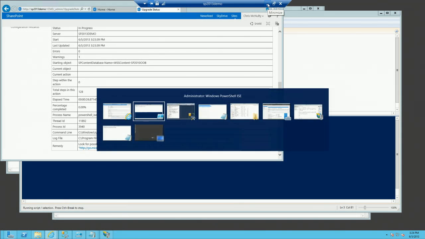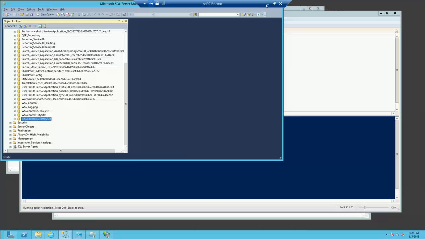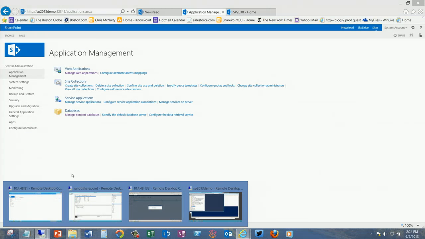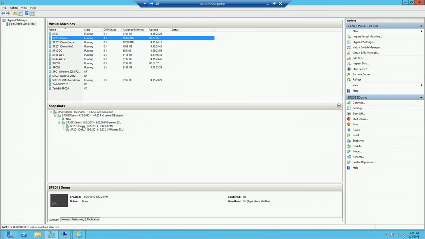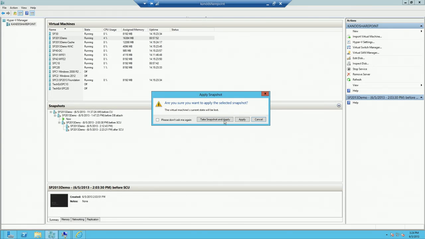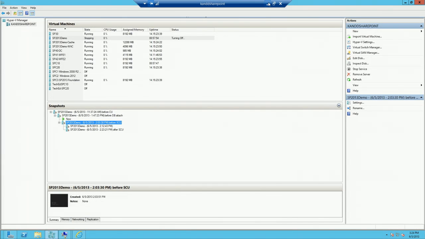Thanks to the magic of technology and images, we can Julia Child this one and pull the chicken out of the oven. Thank you, Hyper-V. So I'm going to apply this snapshot here after the database attach and before site collection upgrade. And that's going to run in the process, and I'm going to continue on